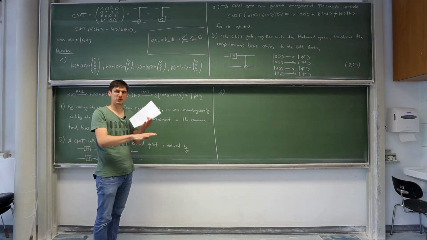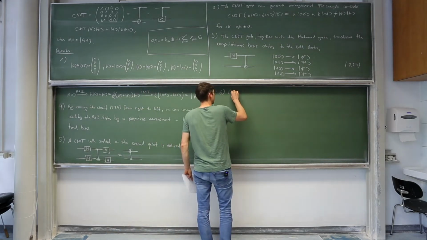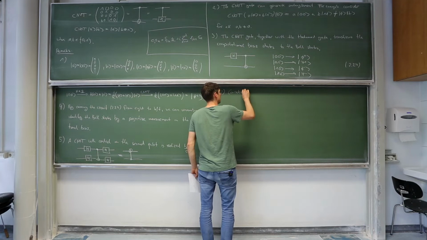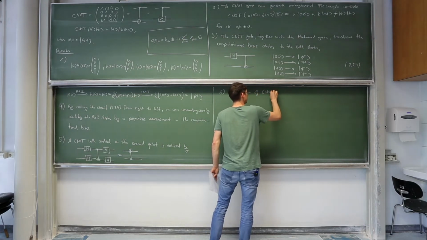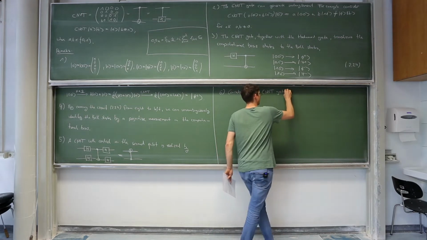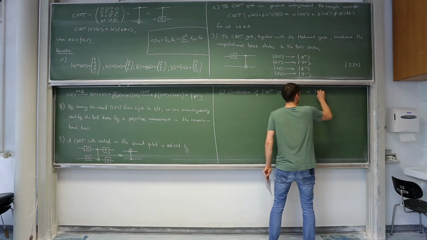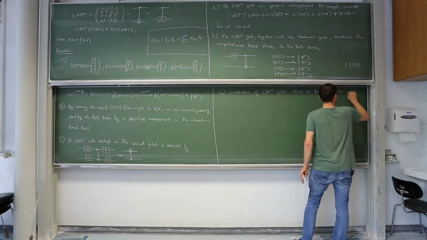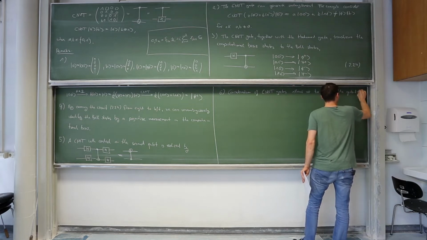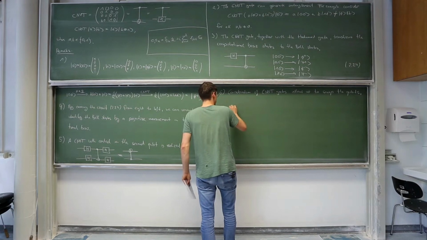So we exchange the two qubits. So a concatenation of CNOT-gates allows us to swap the qubits, and this is done via the swap operation,